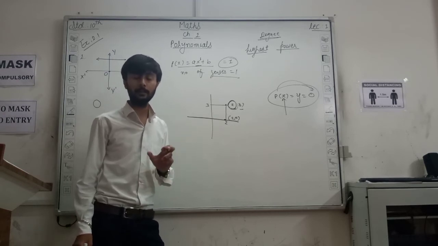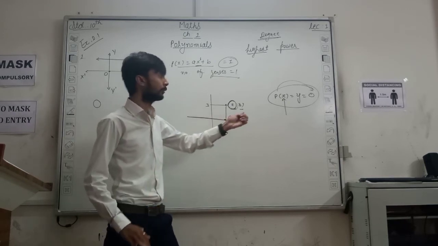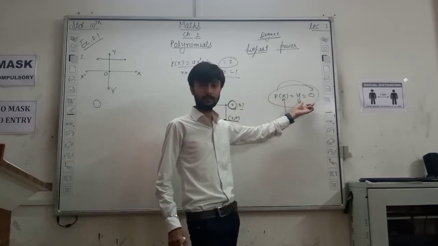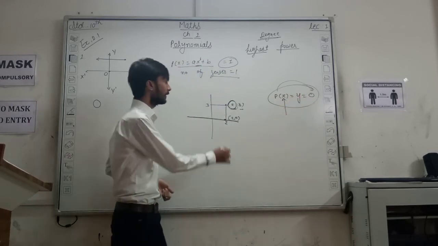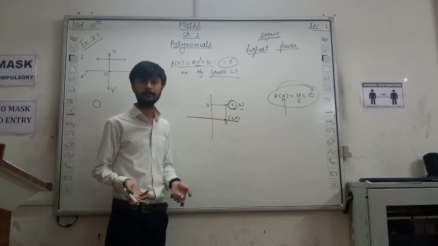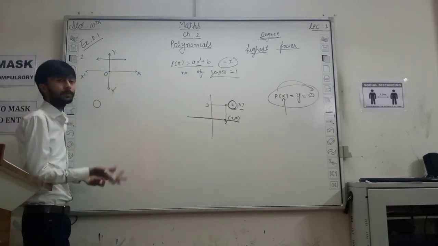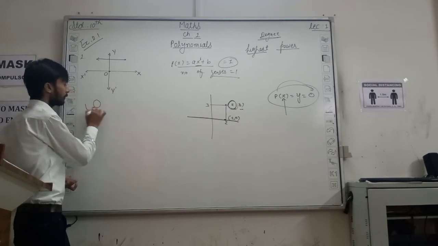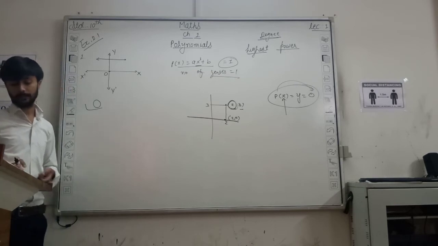That means ऐसी वैल्यू जो पोलिनोमियल में सब्स्टिट्यूट करने से आपका जो पोलिनोमियल है उसकी वैल्यू 0 आनी चाहिए. And if y is 0, that means that point which lies on x axis, and that's why यहाँ x axis पे कोई पॉइंटिंग इंटरसेक्ट नहीं हो रहा है. We can say that the number of zeros will be 0. Right? Now move to the second.